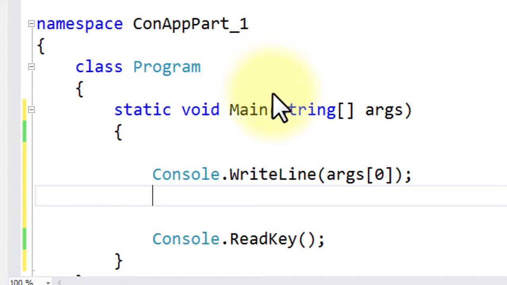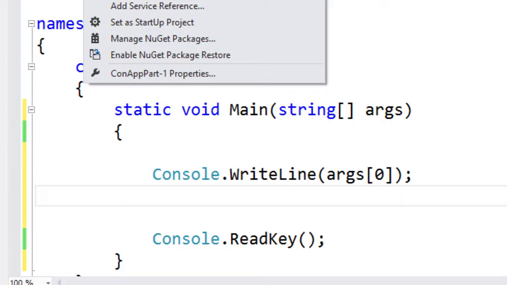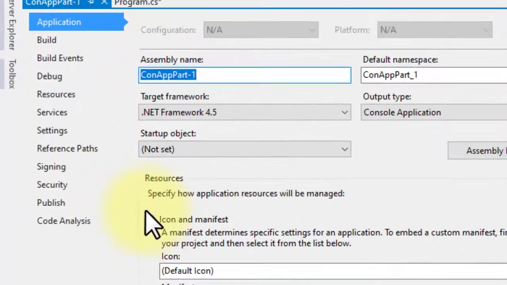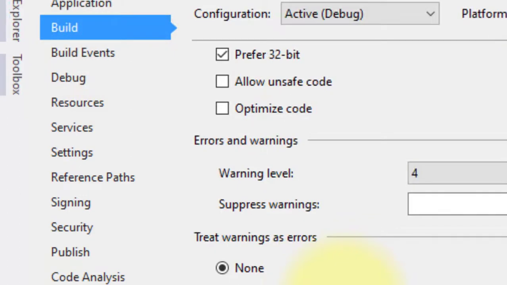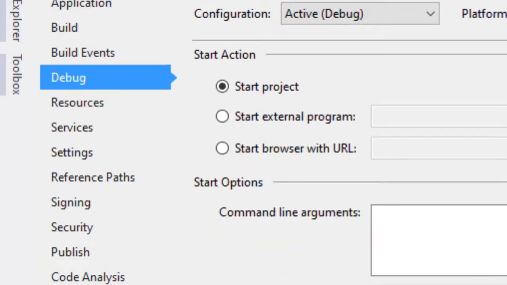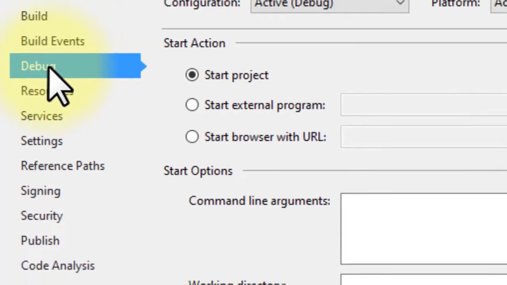So how to pass these arguments to the main method? There are two ways we can pass arguments to the main method. You can use the command line argument, or you can go to the project, then project properties, then click on the debug option.